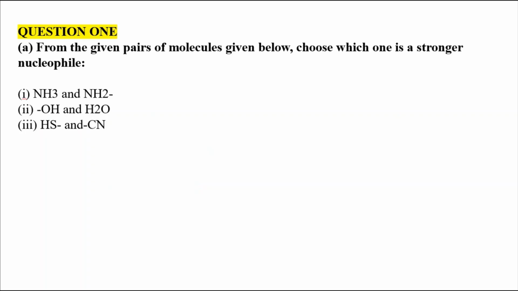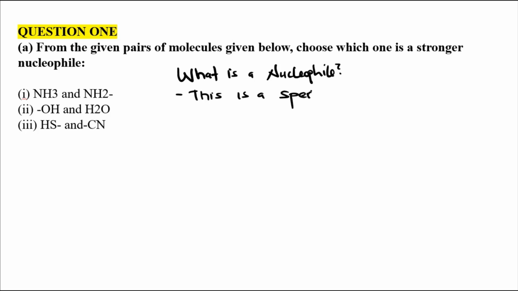Okay. So question 1 is, from the given pairs of molecules below, choose which one is a stronger nucleophile. Okay, which one is a stronger nucleophile? So the main question here is, what is a nucleophile? It's a very important thing to know the definition of a nucleophile. So a nucleophile is a species or a compound